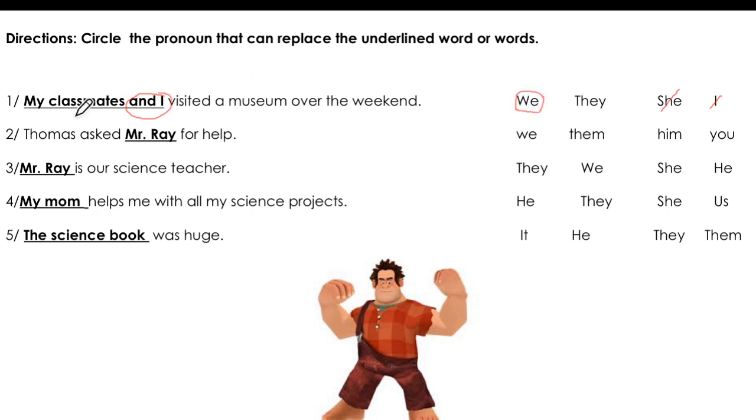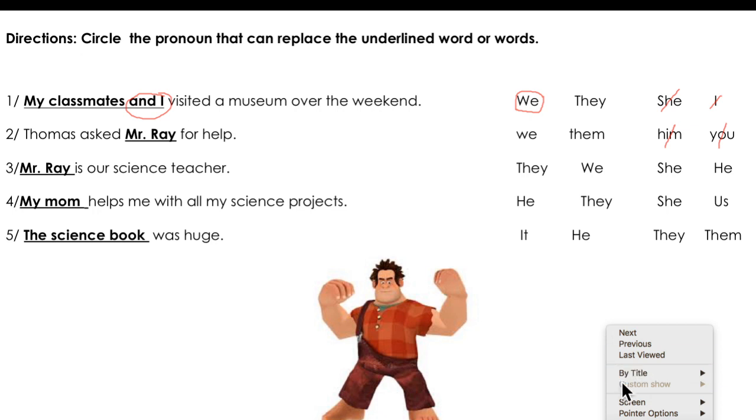Very good. Thomas asked Mr. Ray for help. Mr. Ray, is it one person or many? It's one person, singular. So we, them, him, and you. We cannot use him and we should not use you. So we have, oops,